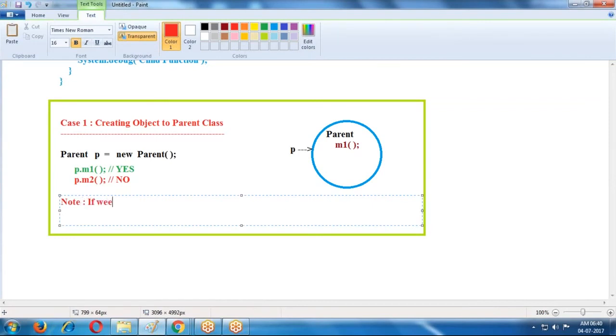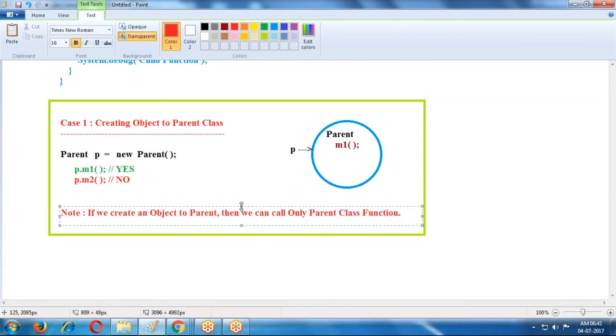If we create an object of parent, then we can call only parent class functions, because the system is allocating memory to only the parent.